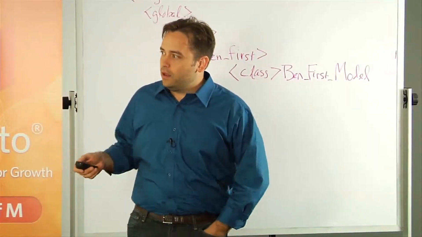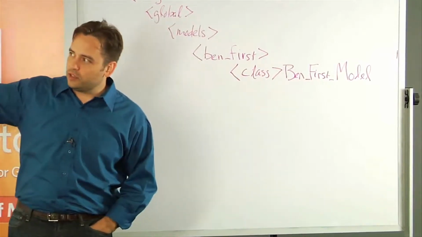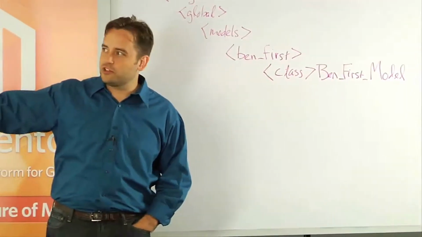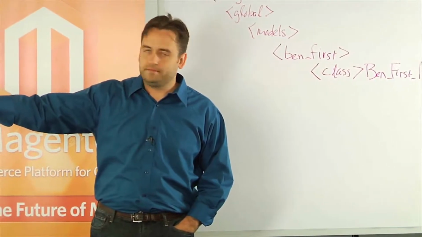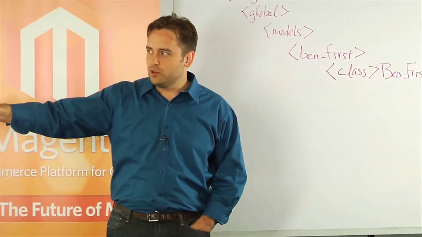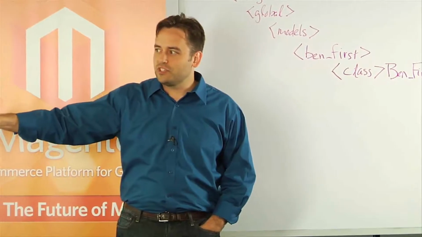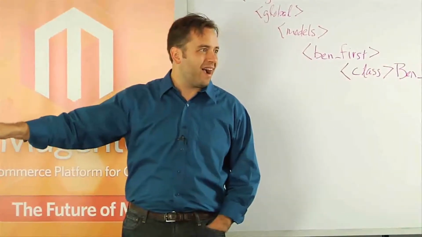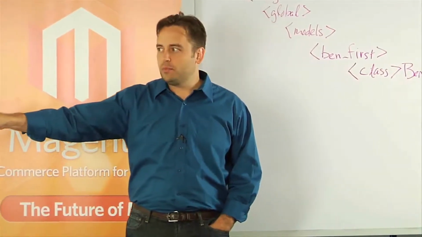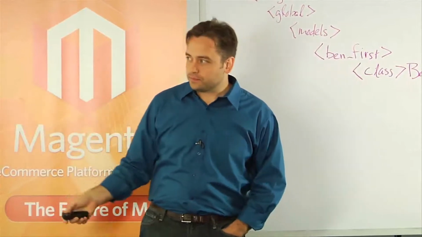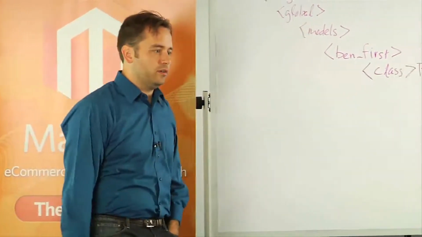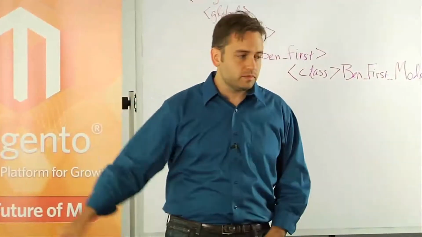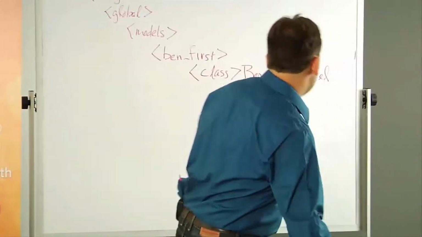So, all right. So I think we're pretty clear. Are we pretty clear up to here? The structure again, just front end events, the event name, observers node. Inside the observers is where we set up a space for our stuff. So I would put my class group name here, and then we have type. In this case, we're doing type model. What type model translates to is